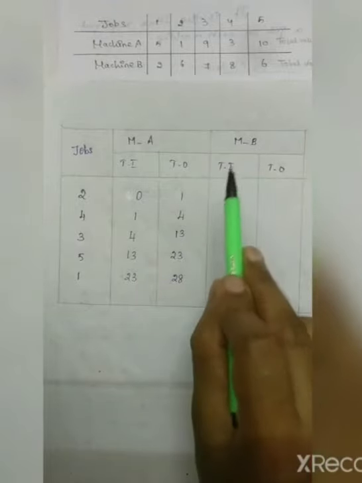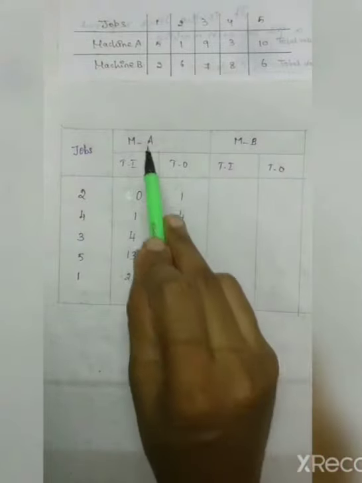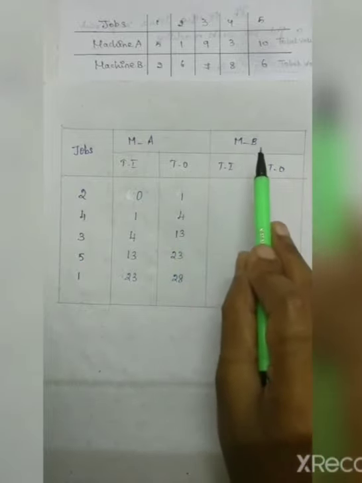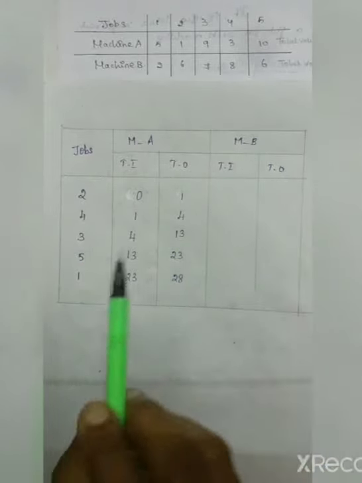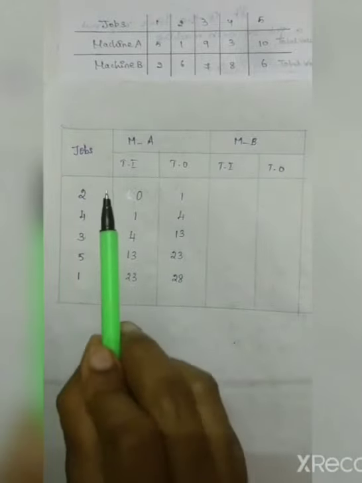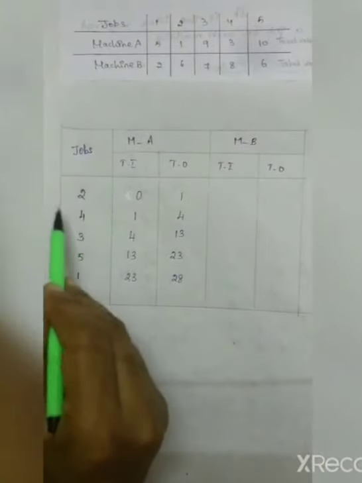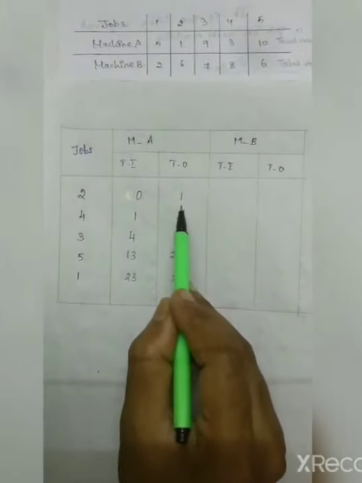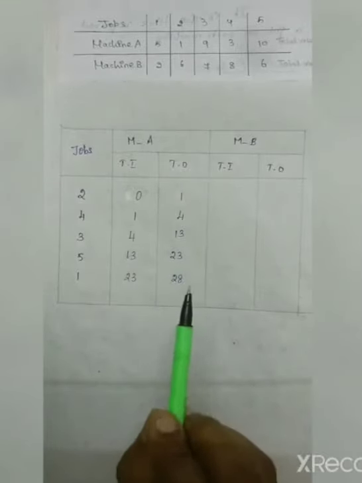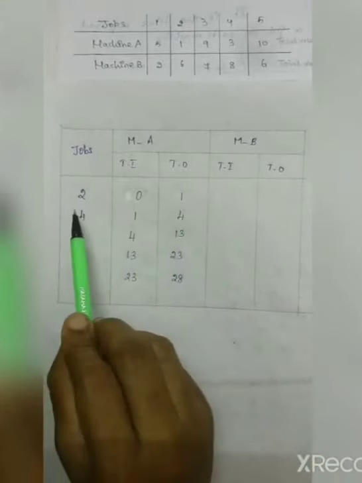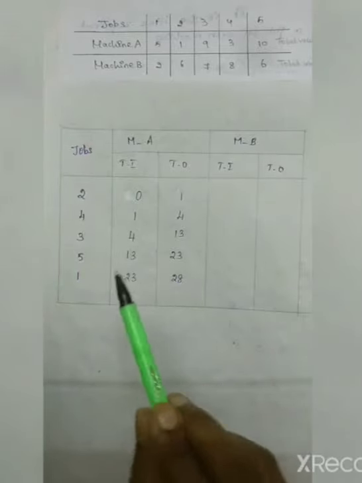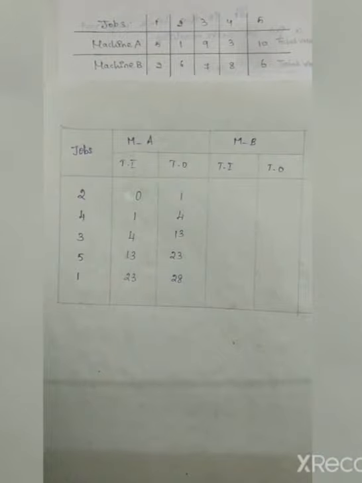For machine B, time in is time out of machine A, because for machine B we have to come with the second job. Second job, first we have to appear in machine A. After that only we have to come with the same job in the next machine. Suppose the second job will be finished in 1 hour. Suppose you start machine A at 10 o'clock, then up to 11 o'clock the job 2 will be in machine A itself. After 11 o'clock only the same job comes to machine B.